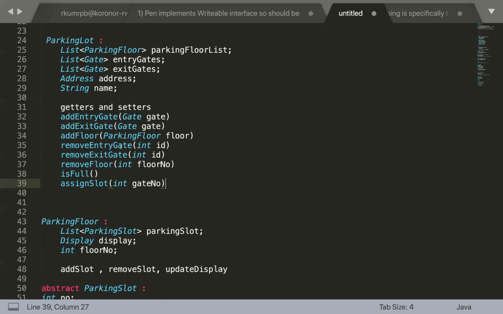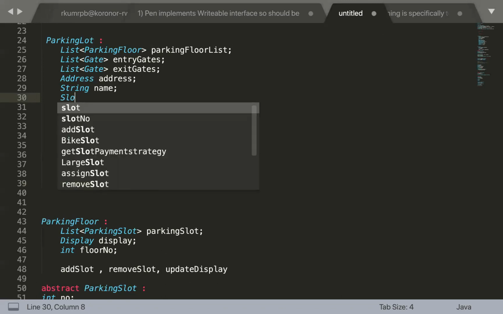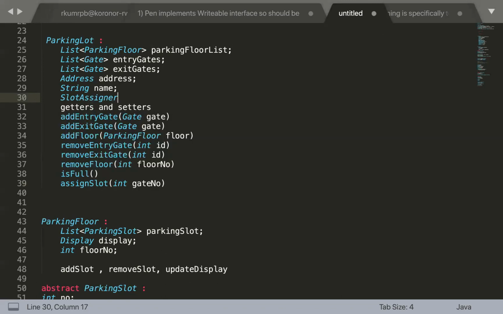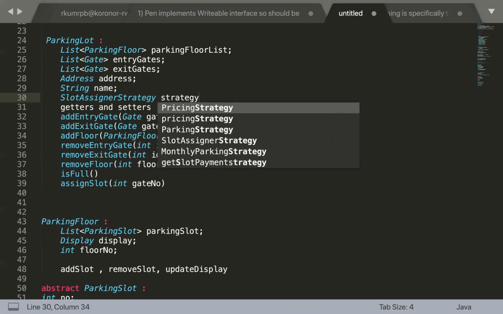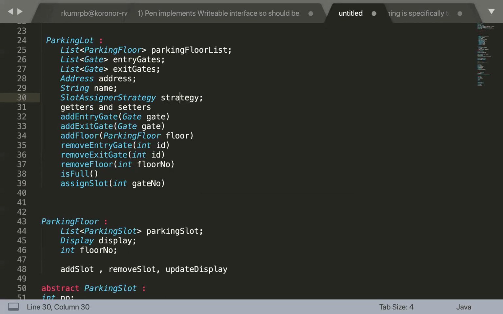So probably we can have a slot assigner strategy. So this in turn is doing what?